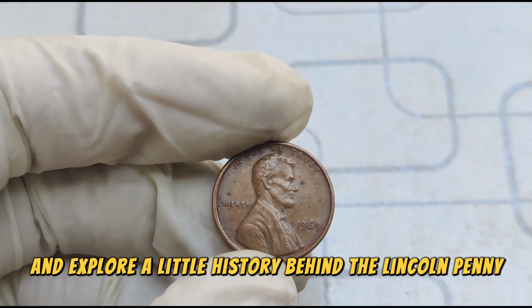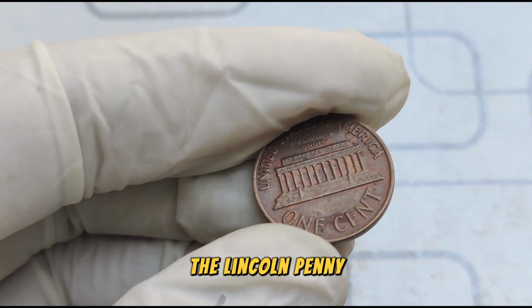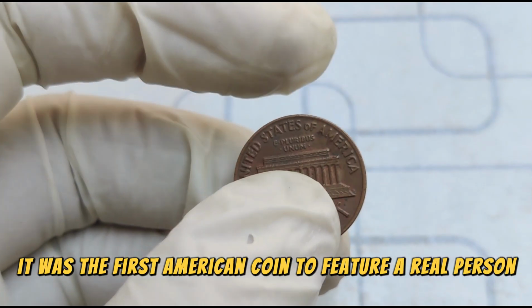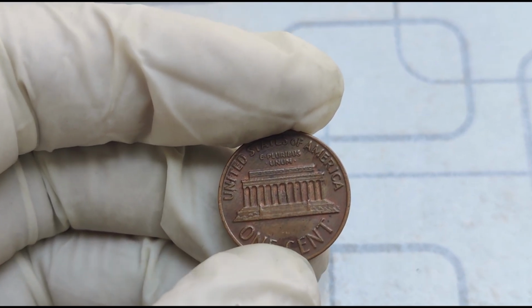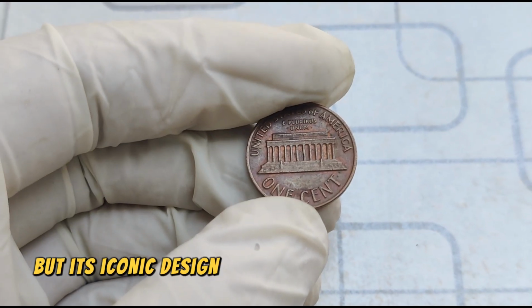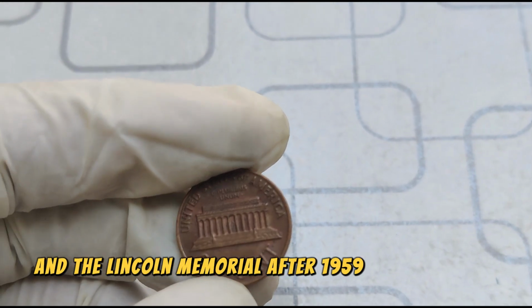behind the Lincoln penny. Introduced in 1909 to commemorate the 100th anniversary of Abraham Lincoln's birth, the Lincoln penny has been one of America's most circulated coins for over a century. It was the first American coin to feature a real person, and Abraham Lincoln, the 16th president, was a fitting choice. Designed by Victor David Brenner, the Lincoln penny has undergone only a few changes over the years, but its iconic design has remained largely the same: Lincoln's profile on one side, and the Lincoln Memorial, after 1959, on the